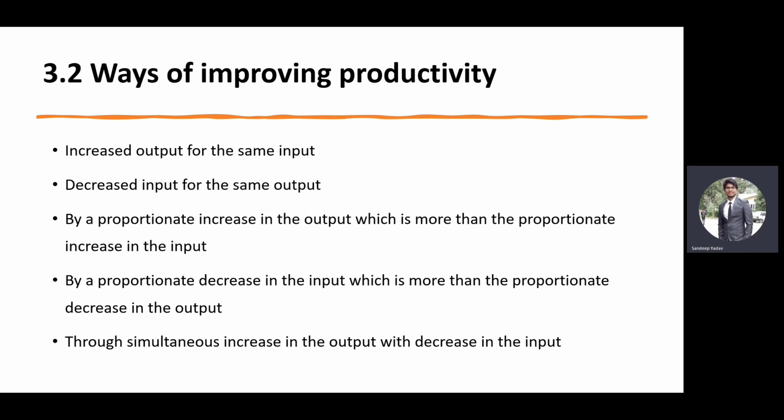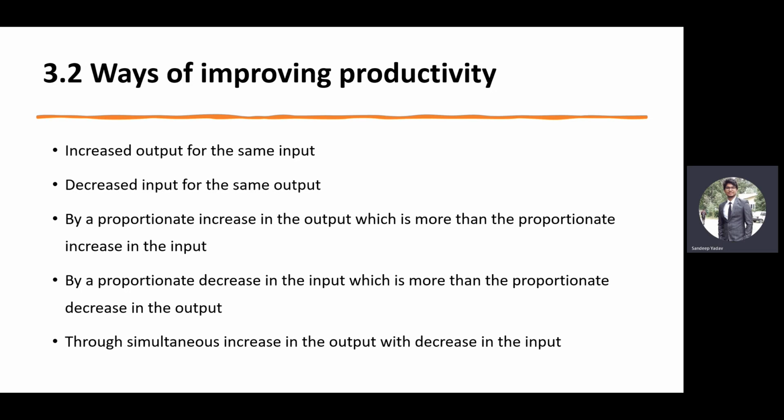productivity. We can increase the productivity by increasing the output for the same input. If we keep the value of input constant and increase the output, we are making more products from the same input, then the productivity will ultimately increase. Another way is decreasing the input for the same output. Suppose we are getting 100 products with 100 inputs. Now we are making 100 products with 80 inputs. We have decreased input, then the productivity will ultimately